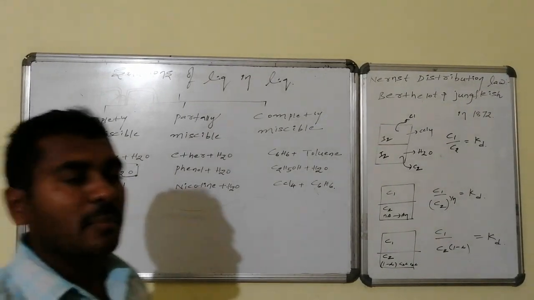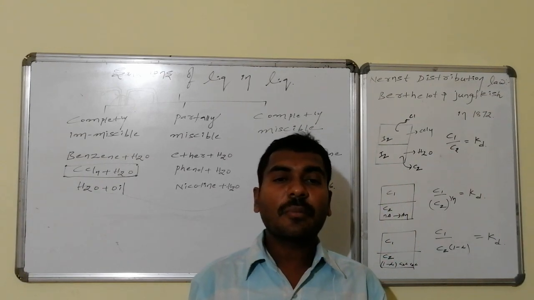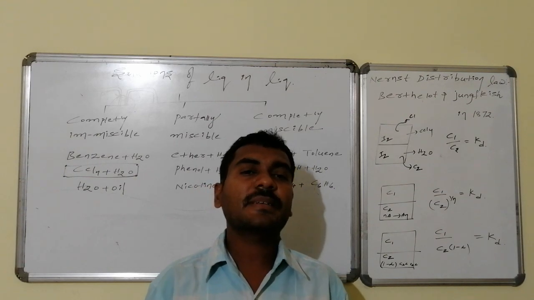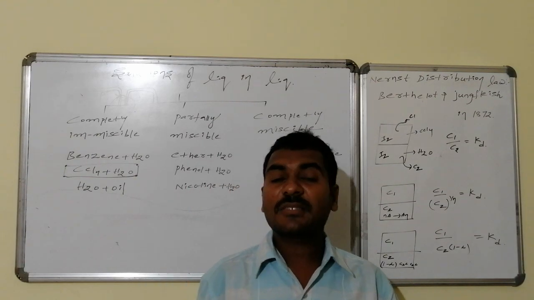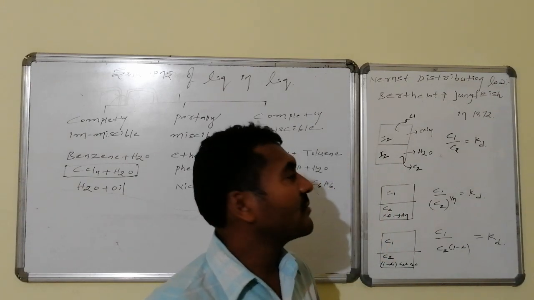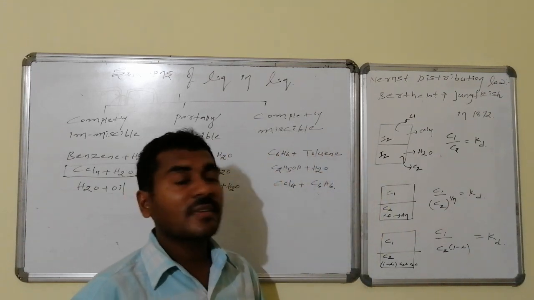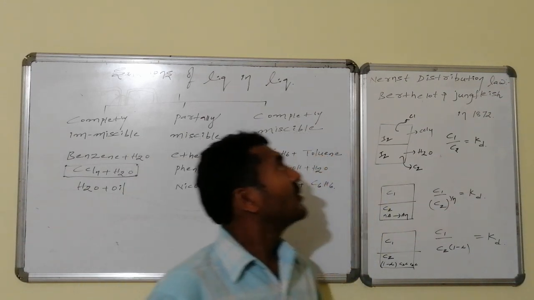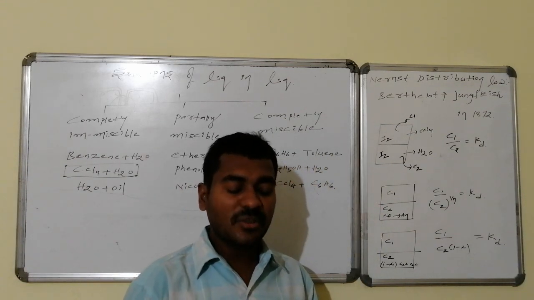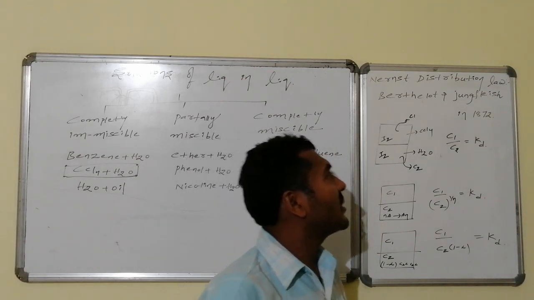In case of completely immiscible liquid solutions, if any component is added to the immiscible liquids, it disperses in such a way that its concentration ratio remains constant, and that particular information was given in the year 1872 by Berthelot as well as Jungfleisch, whereas this particular distribution is said to be the partition, otherwise distribution, and it is also known as Nernst distribution law or Nernst partition law.